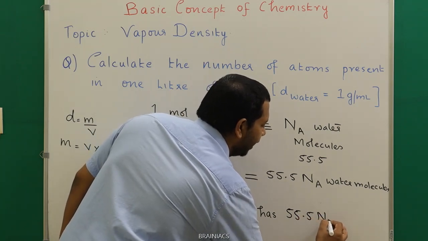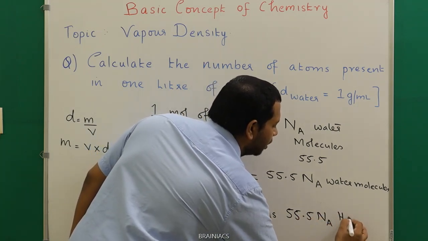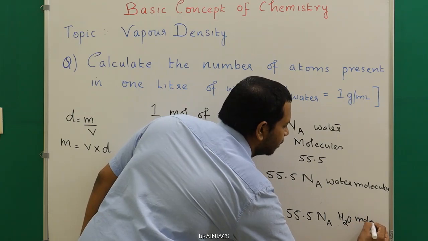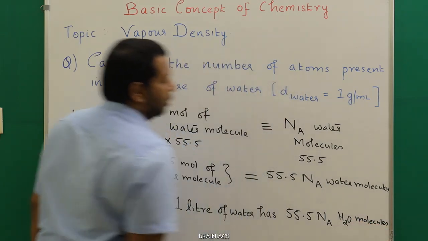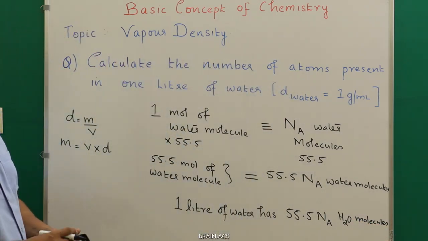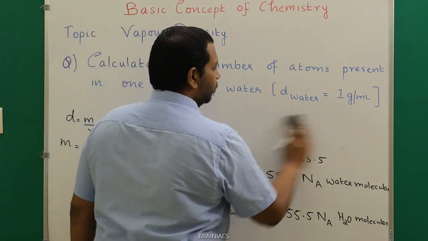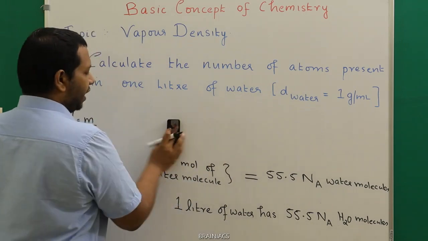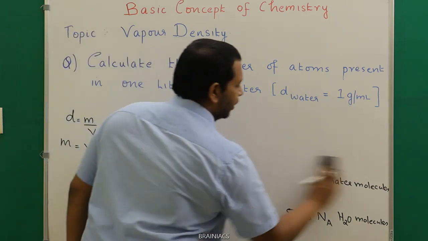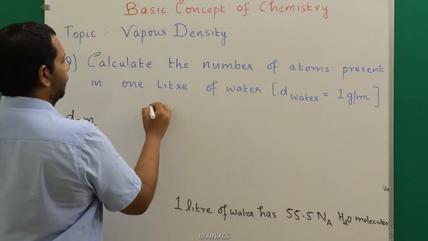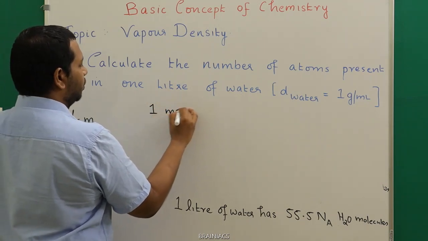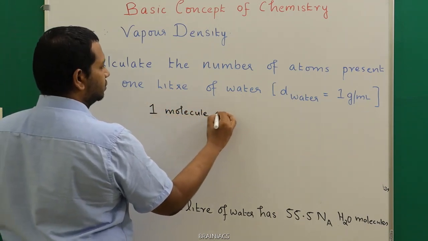55.5 Na water molecules. Now we will go to one molecule. One molecule has how many atoms? This we have learned it already. So one molecule of water, if I am taking one molecule of water